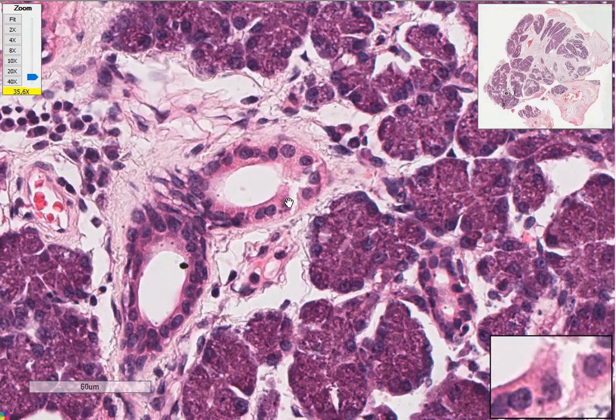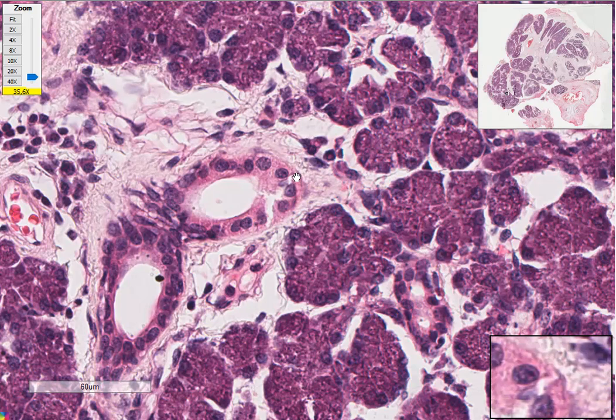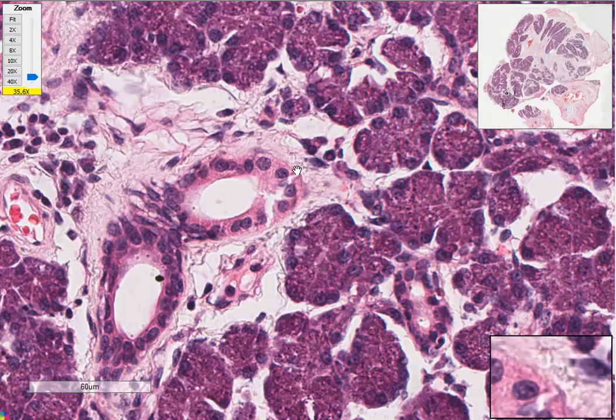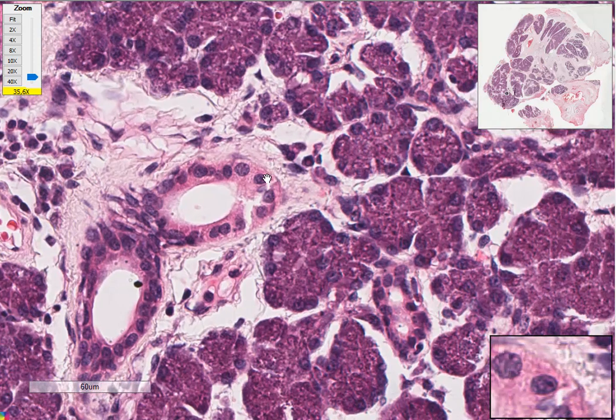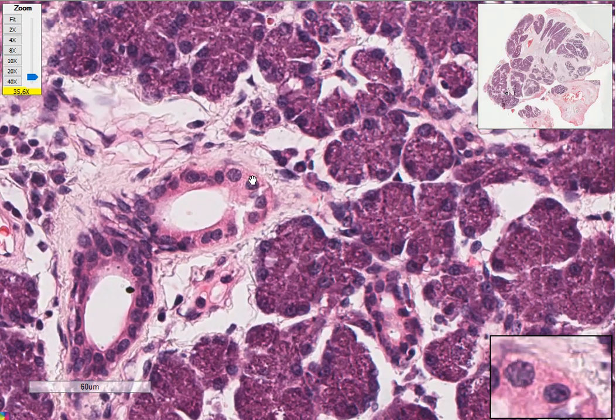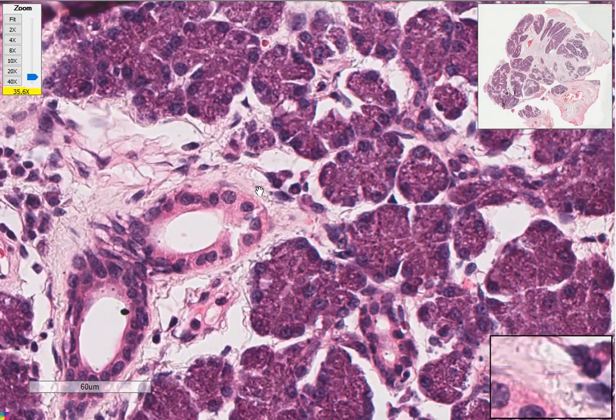The striated ducts are also lined by a simple cuboidal epithelium, but if you notice the eosinophilic cytoplasm, especially towards the base of the cell,